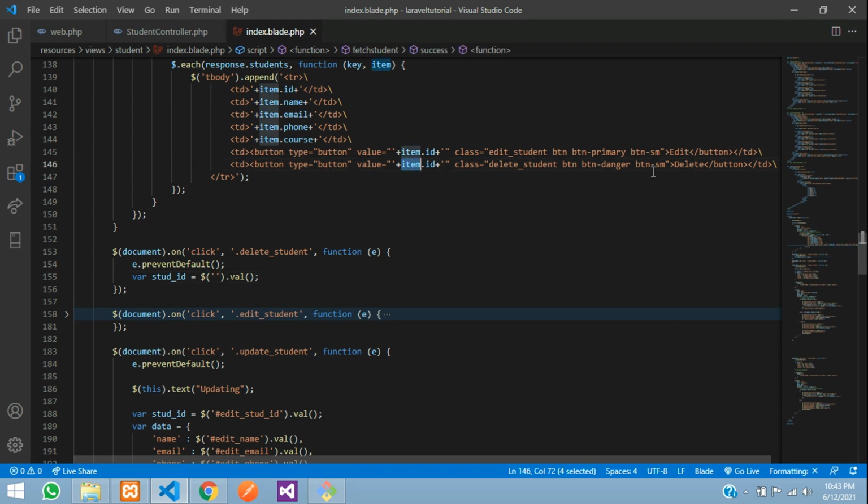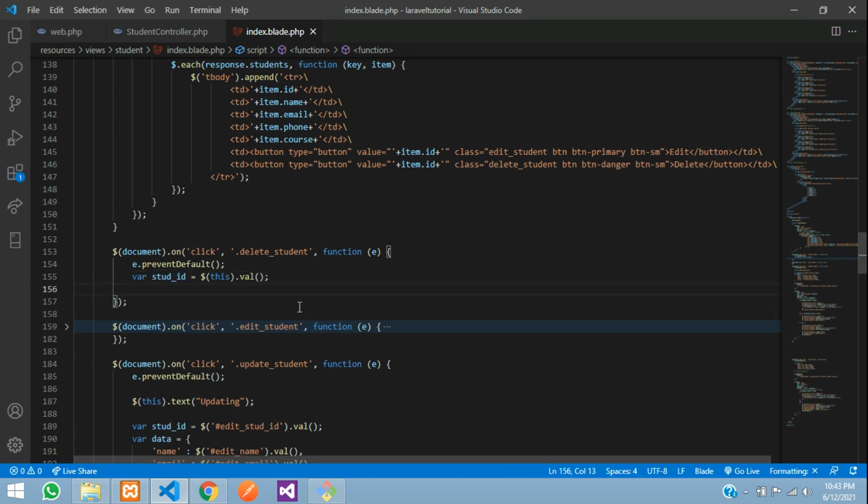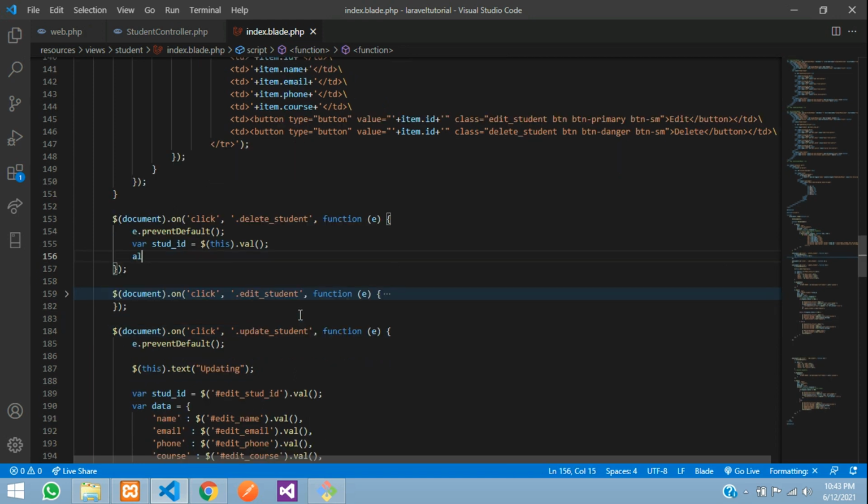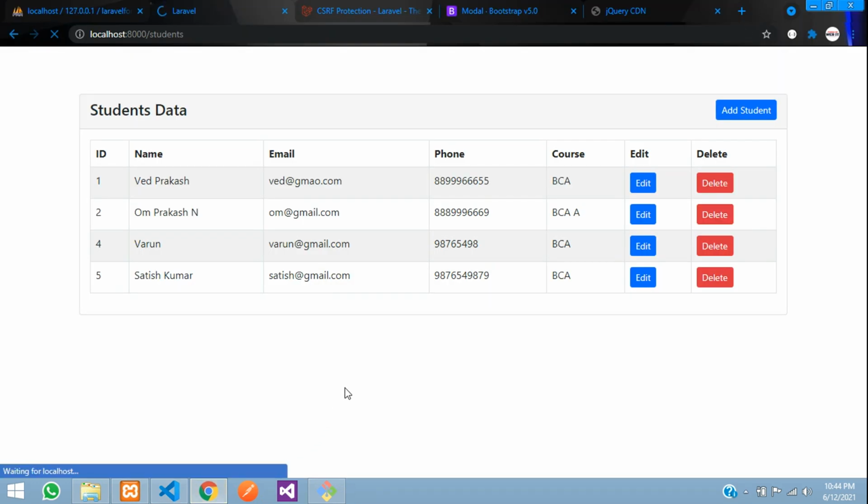So when you click this delete button, that val we are going to get. Once we get it, we want to push it into a modal. But before that, let's alert and check. So let's alert that student ID, paste, and now let's see the output.